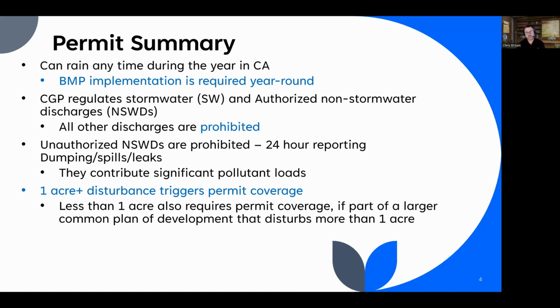Authorized, there's a specific list of those that I'll show later. Unauthorized is basically any other discharge that is not on that list. For unauthorized non-stormwater discharges, we've had a year to deal with this permit, so I have learned more than I knew in the past, right? I have experienced more,